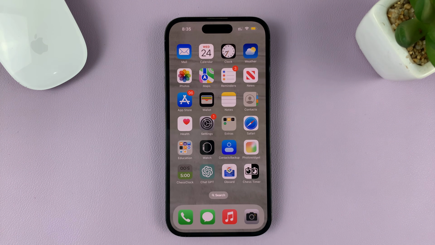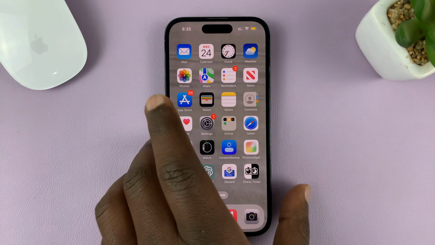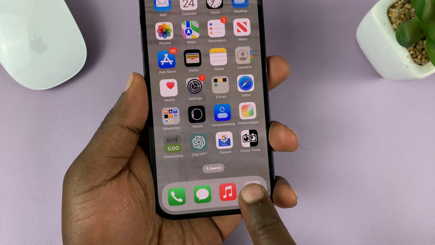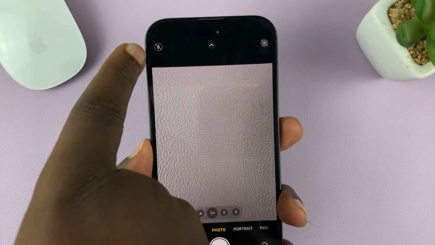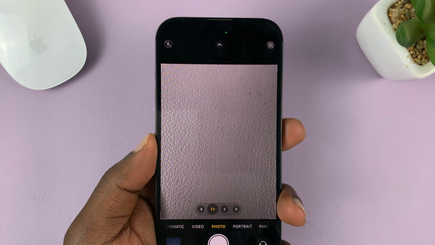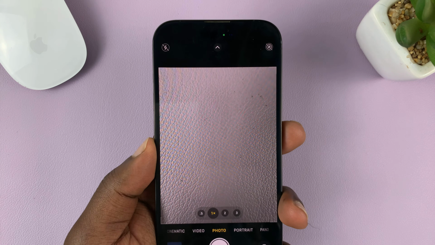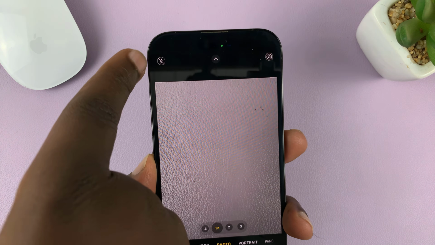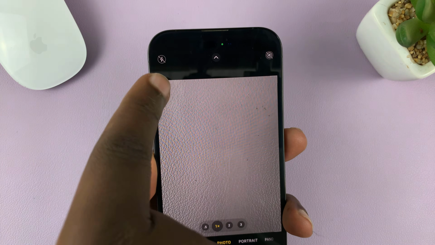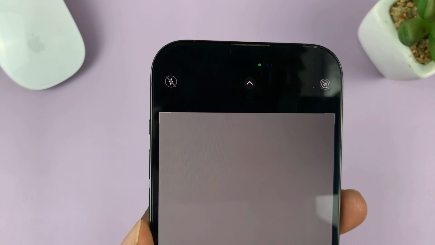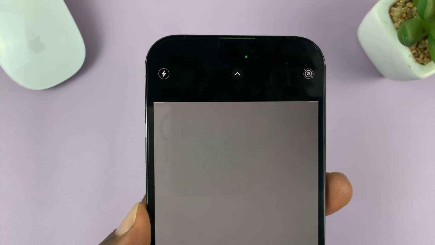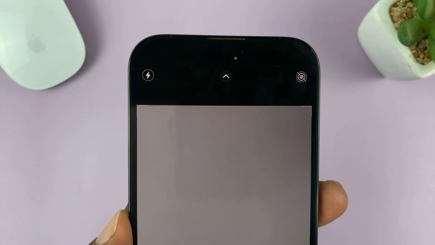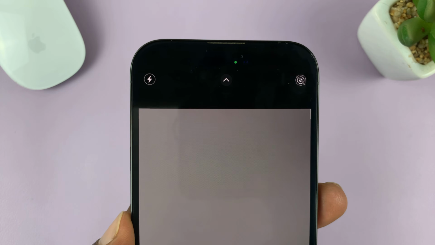any iPhone. So simply launch the camera application on your iPhone, and on the camera app in the top left corner, that's where the flash icon is. Now currently it's disabled, that's why you can see there's a slash across the camera flash icon. If you tap on it, then it's going to turn on the flash, and now every time you take a